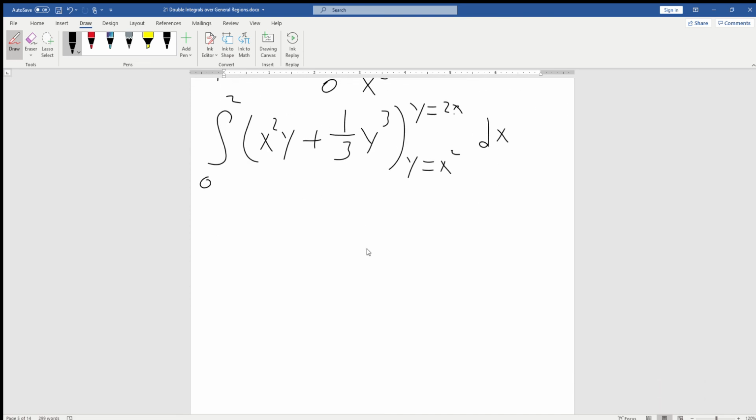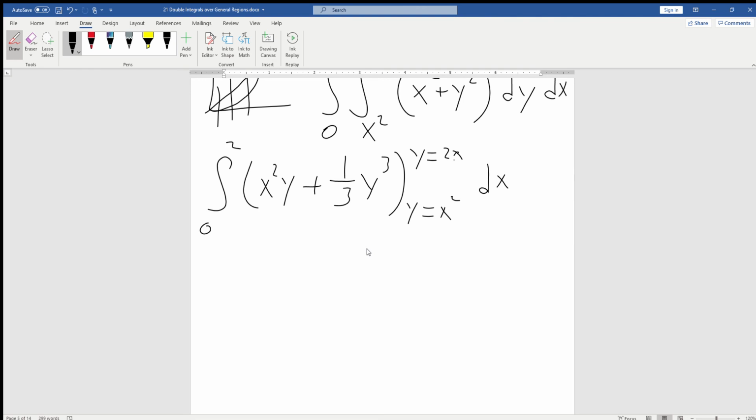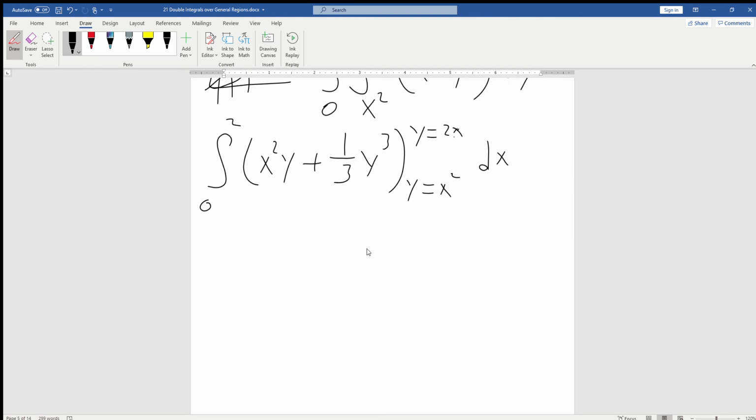We're going to substitute the upper and the lower bounds. All right, and this is where it's going to get a little bit tricky. All right, not too bad though. Integral 0 to 2. Upper bound is 2x. So we're going to get, I'm going to put a bracket here. We're going to get x squared times 2x plus 1/3 times 2x cubed